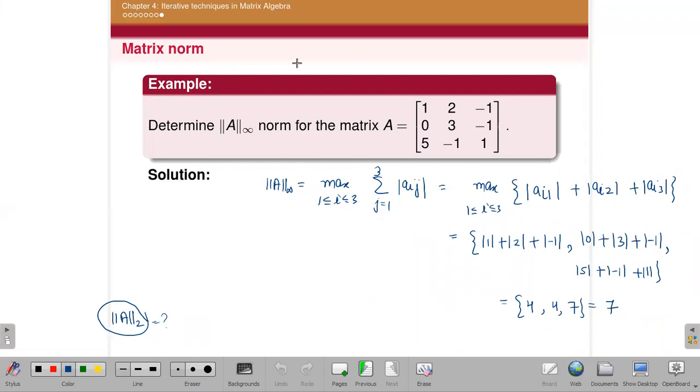Ma'am, there was one question. G of x equal to 4x into 1 minus x has a fixed point at 3 by 4. Ma'am, can you please explain that once? Yes, sure. G of x is equal to 4x into 1 minus x, and its fixed point is x equal to 3 by 4. And the interval is 0.1 to 0.8.